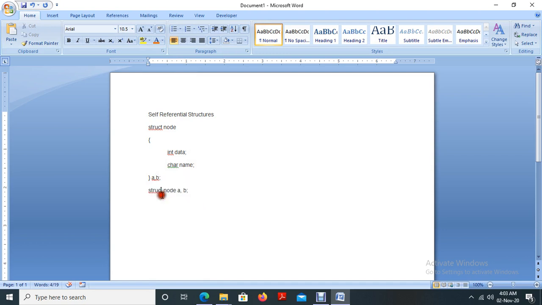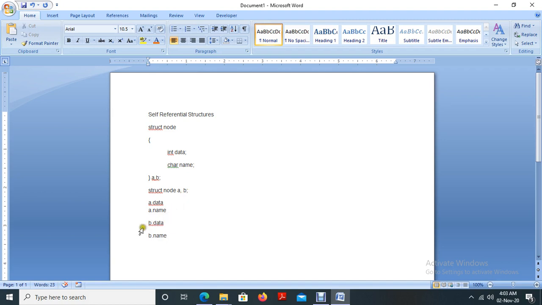So what this means is we can access the member variables with the help of a structure variable. How will we access the member variable? Using the dot operator: a dot data, a dot name, likewise b dot data, b dot name.